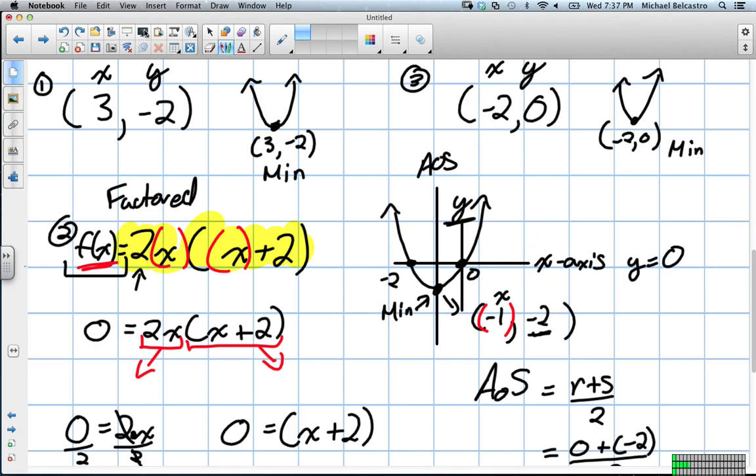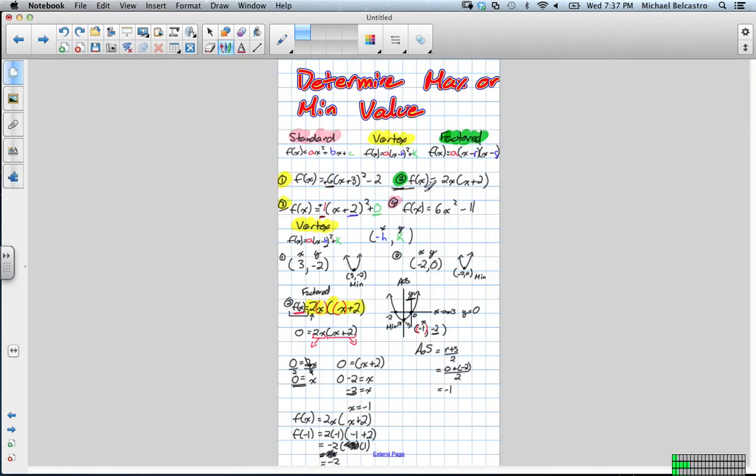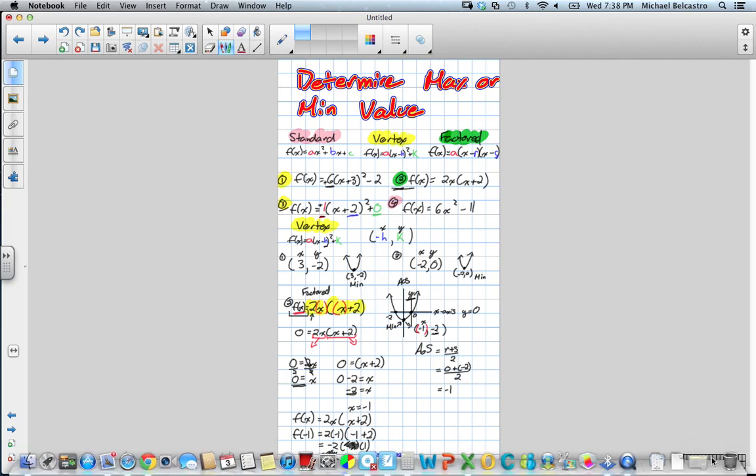And then we would factor to find the last one. Our last one would be our standard form, and we either turn it into vertex form or factored form and use one of those methods to solve. And we can talk about how to change that in a different